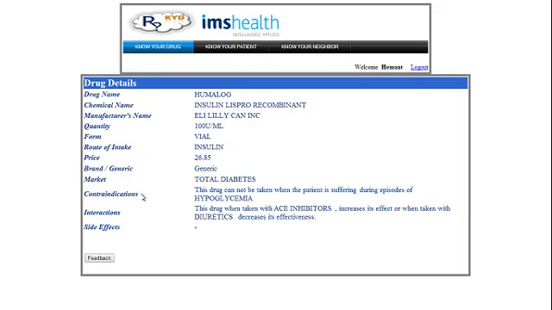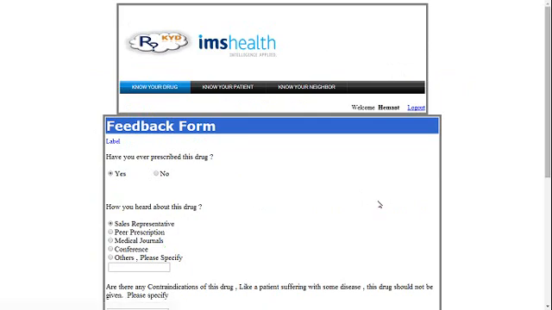After that you will see two lines: the contraindications and interactions. These are completely different from what the existing IMS dataset has. This is something beyond level 4 of clinical trials. We can call this level 5 of clinical trials, because here we are taking real-world evidence based feedback directly from the physicians. If the physician wants to provide any feedback regarding that drug, he should click on the feedback button,